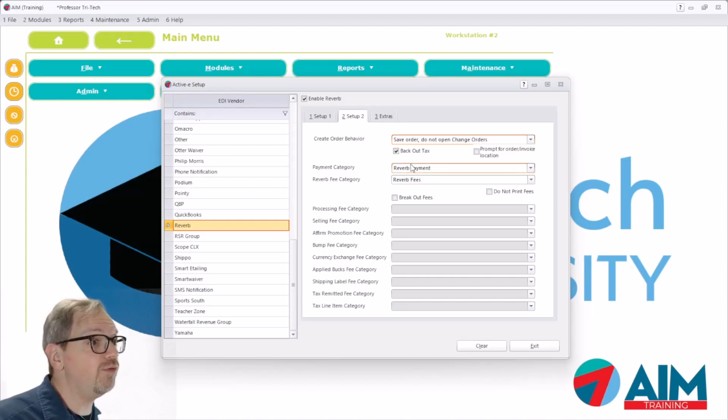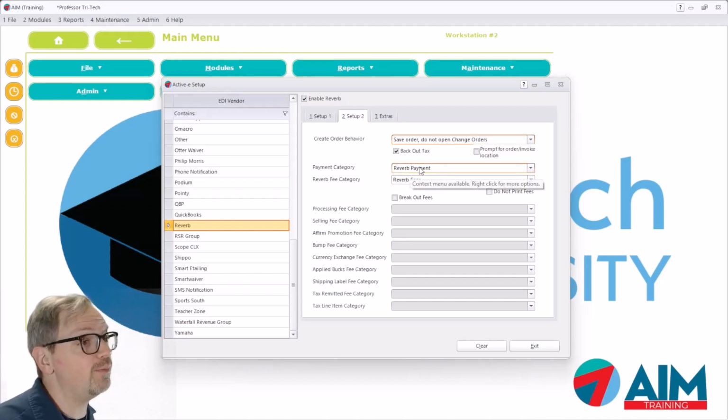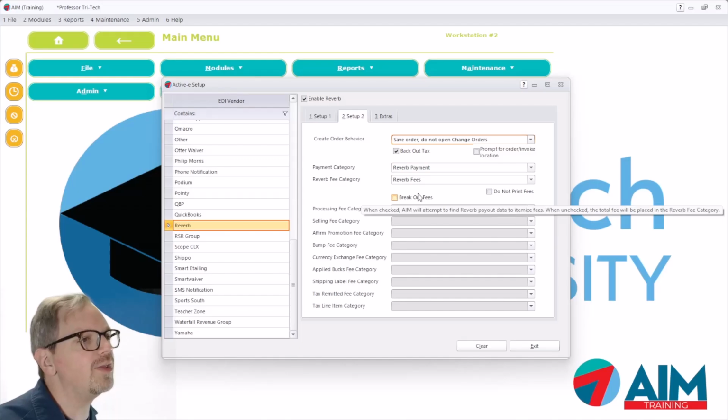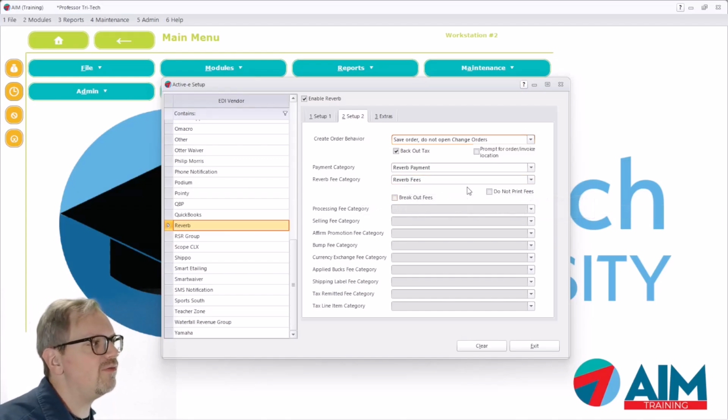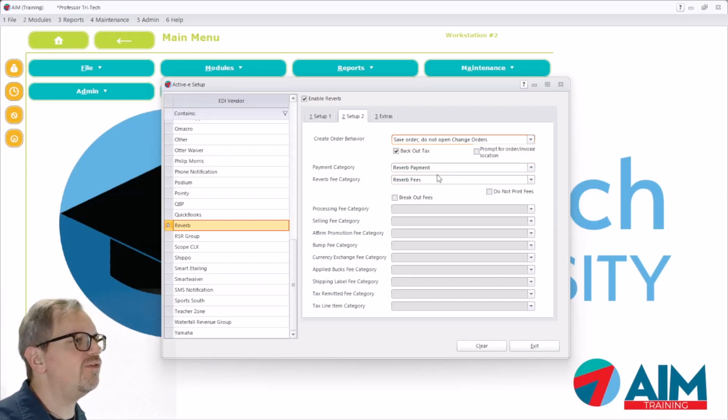This would then assume that $80 is automatically going to be pushed into the Reverb payment, which you can then mark as deposited into your checking or however you want to do it at the end of the day. And then the $20 in Reverb fees will go to the appropriate ledger account that you have for wherever in your expenses. If you prefer to, instead of just having those all lumped together, break them out, you can set